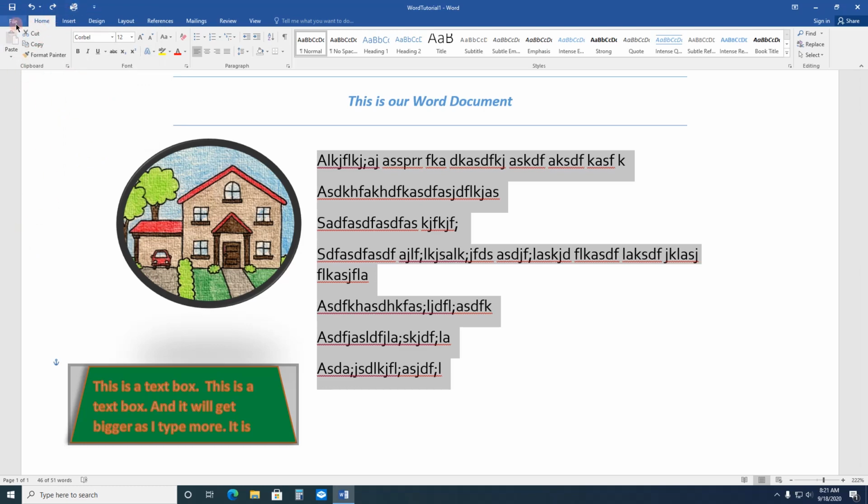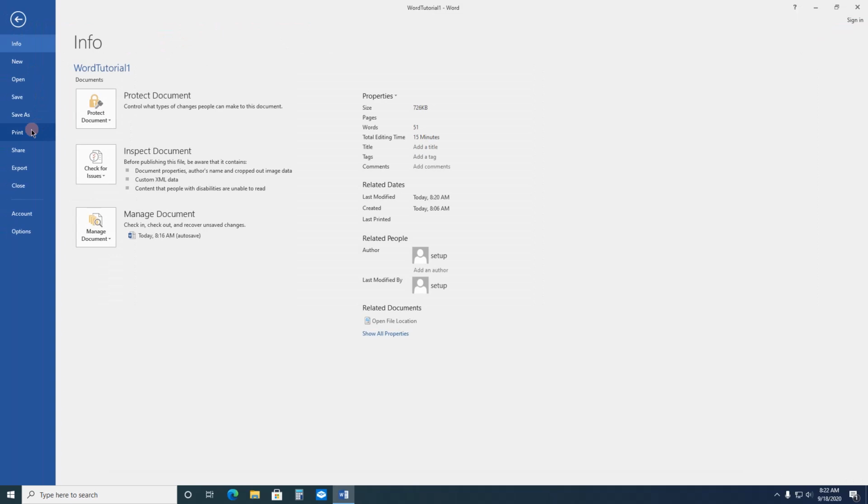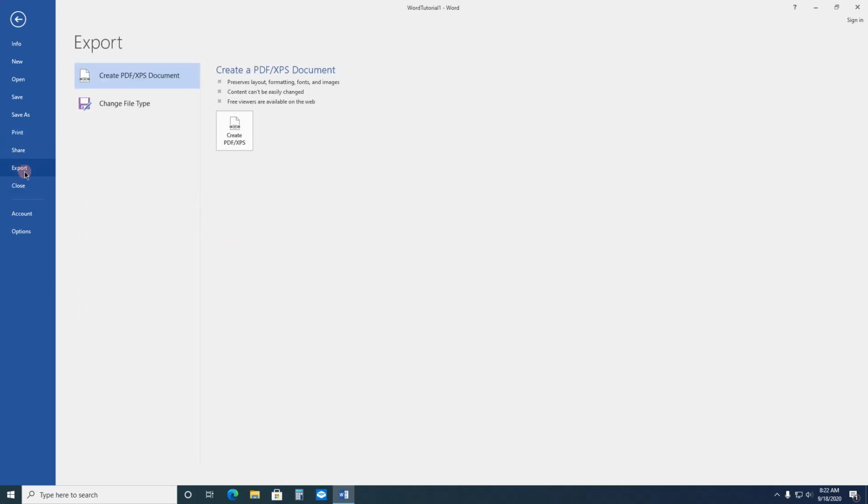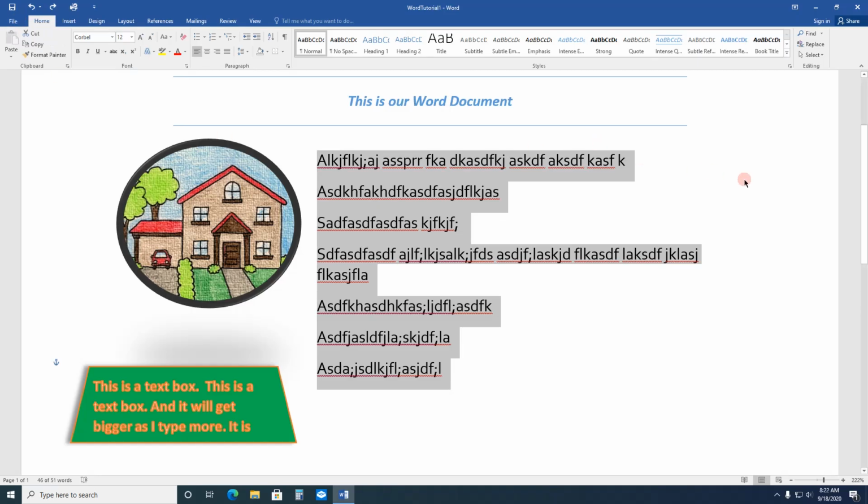So otherwise you have to go File, Print, gives you a preview. You pick your printer. You can make a PDF, whatever you want to do. You can export. This creates a PDF, which is very nice. There's all sorts of things to do in here. I don't want to make this too long, too involved. I think we've done enough, but